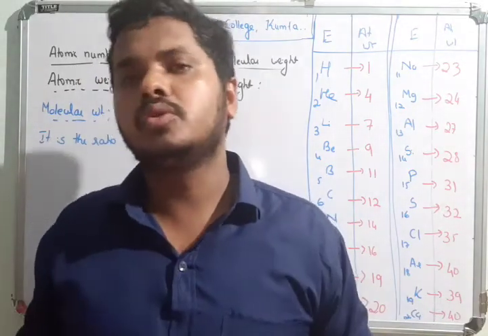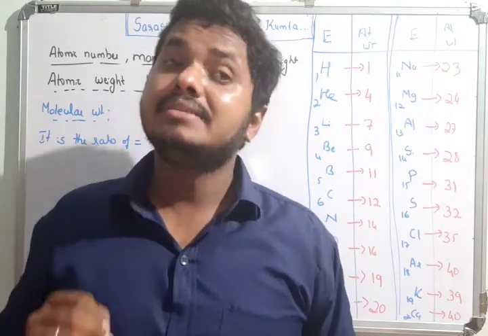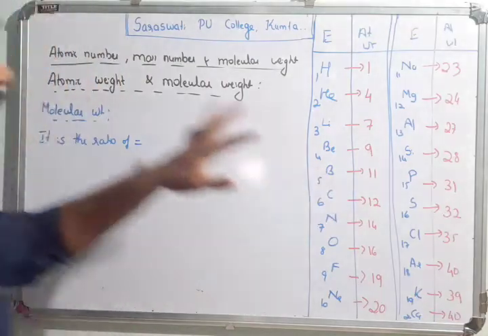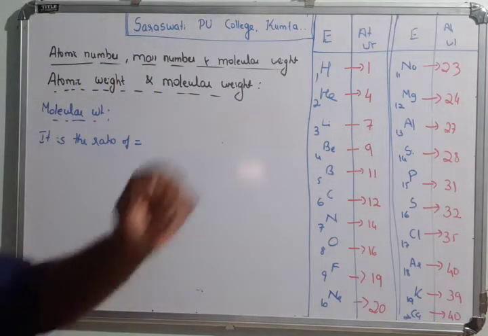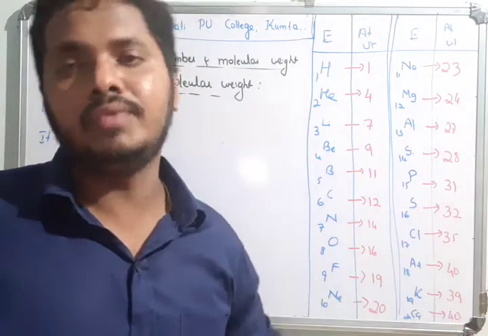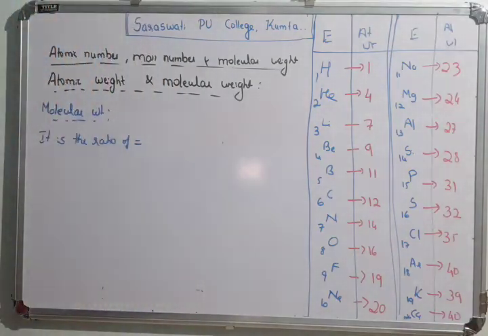So this is about the elements, because we know there are only 118 elements, and there are crores of molecules or compounds around us, right? So it's better to learn about the molecular weight, because the molecular weight will be derived from this, by taking the atomic weight. So let us try to understand that. What do you mean by the molecular weight?